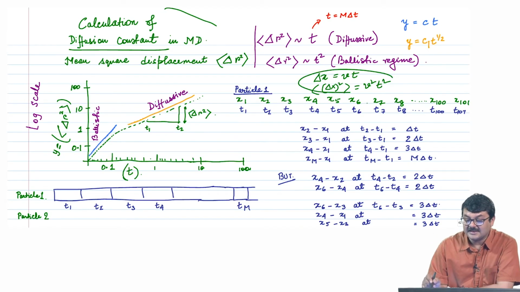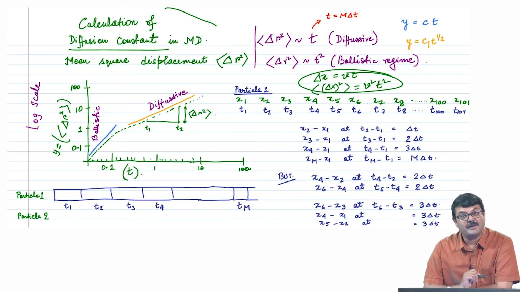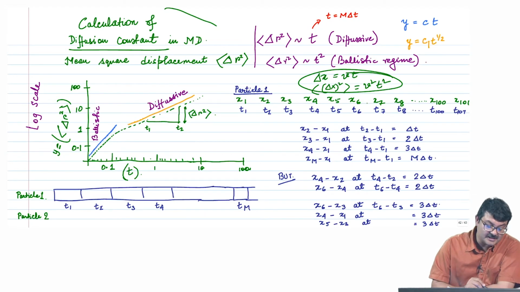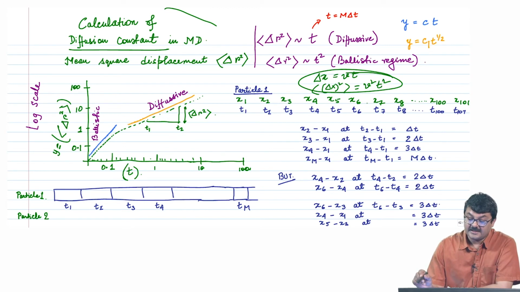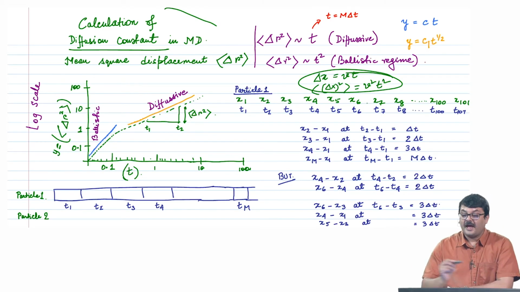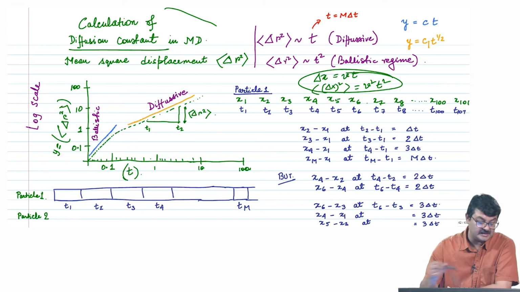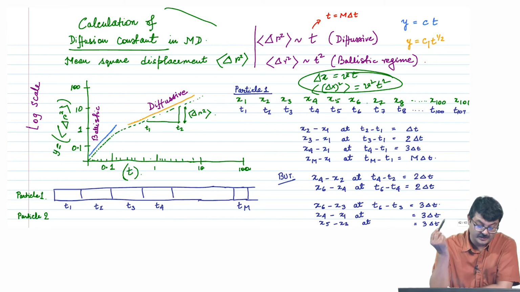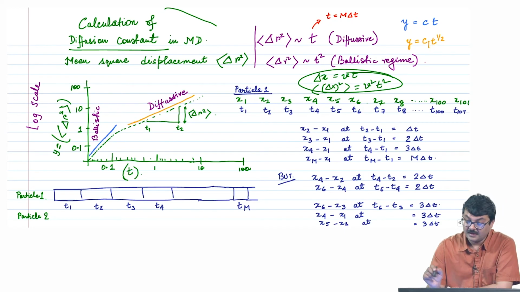The displacement is essentially dominated by such terms, and hence delta r square average, the mean square displacement, you see goes as t square, right. This is called the ballistic regime, and if you plot y equal to c t, where y is basically delta r square average, you plot some other curve, here you will see that the slope of this curve will